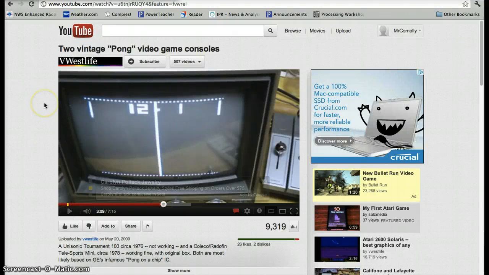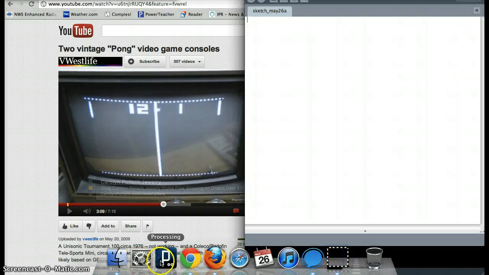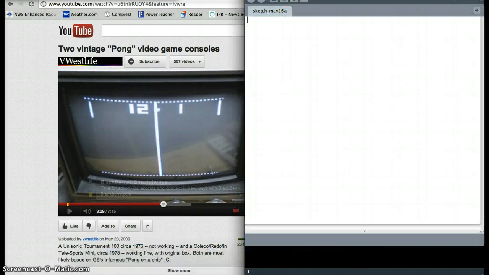So you can see it's essentially what we're going to be creating is a video game version of ping pong or table tennis, which is where obviously the name comes from. So let's plan out what we need to get done here. Let's pull up our processing window here